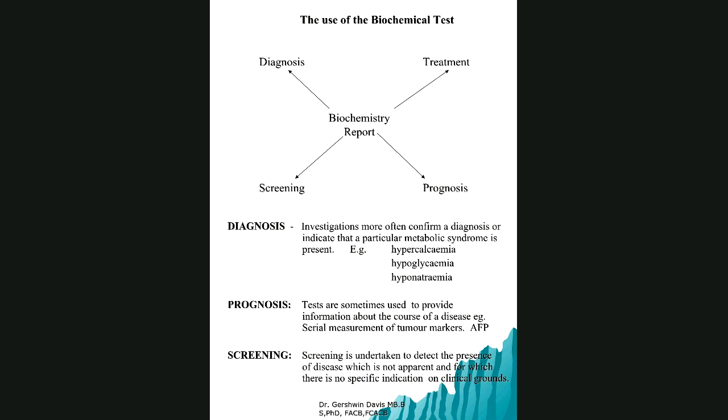And for indication for screening, please note you screen for a medical condition that you would not normally pick up on a routine basis. That's one. But also a condition for which you have a treatment. In other words, a condition where, if you don't pick it up, you can have irreversible negative effects, but if you pick it up, you can treat and prevent. For example, cretinism, neonatal hypothyroidism. If the individual is hypothyroid and you don't pick it up, you can have irreversible brain damage. So you do a sensitive TSH in the neonates, and if there is a problem with the thyroid, you can give hormone replacement, and it can prevent that irreversible damage.